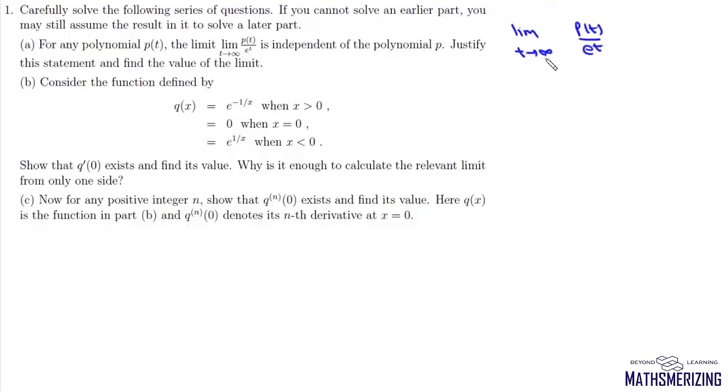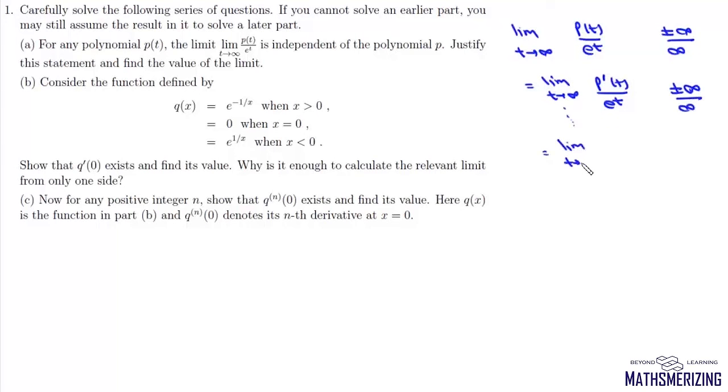Now if we put t as infinity, this numerator will be plus or minus infinity, and then e to the power infinity will be infinity. So when it is infinity upon infinity form, we can use L'Hopital's rule. And if we use L'Hopital's rule, we can write this as limit t tends to infinity p dash t upon e to the power t. Then again it will be plus minus infinity upon infinity, so we can differentiate it again. We can keep using L'Hopital's rule